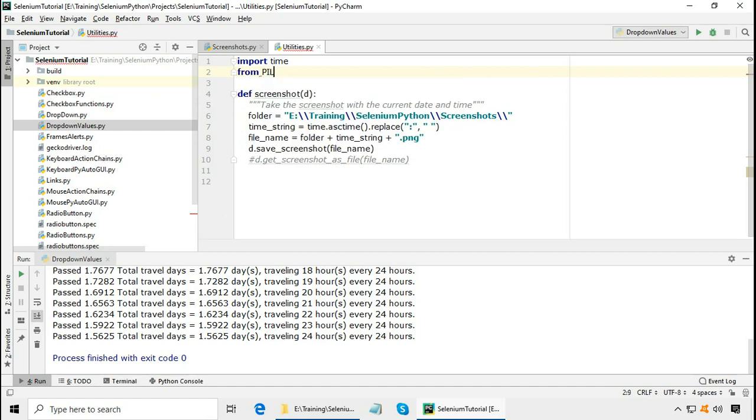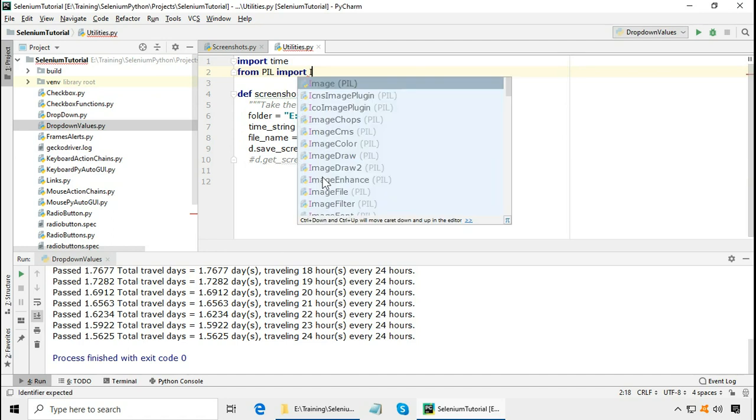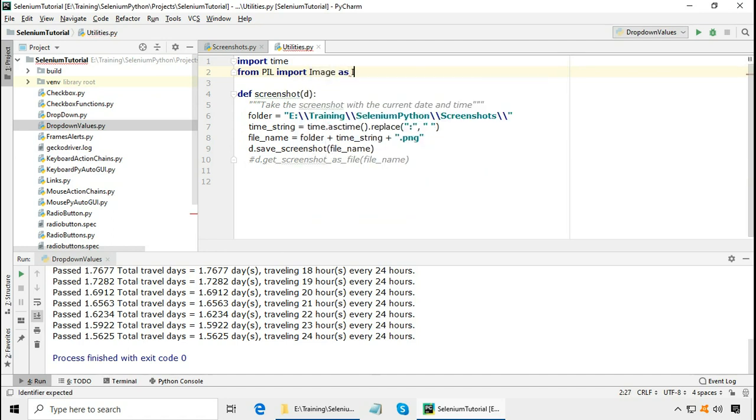From PIL import Image and give the alias as I, and I'll write another function called modify screenshot. Modify screenshot, and it's going to have a single parameter which is f.